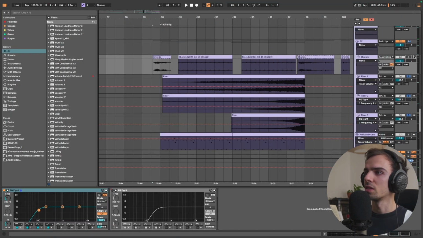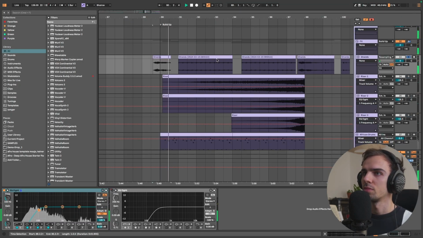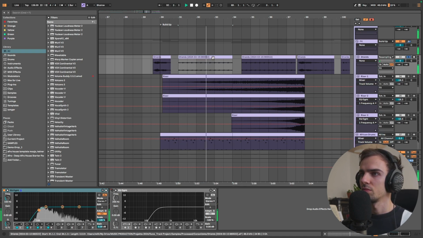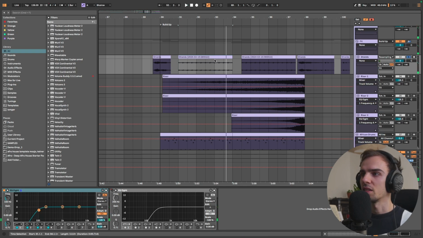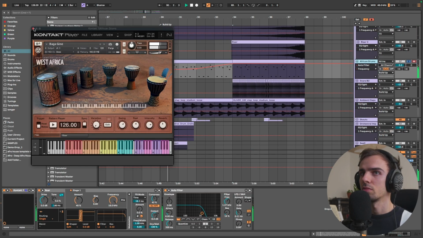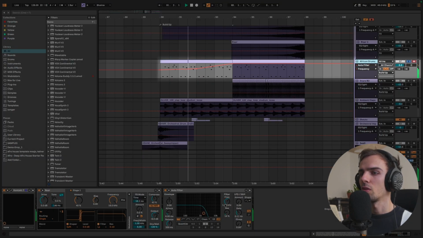and this shield sample. Here I'm just looping a part of that shield and pitching it up to create like another rising effect. For the drums, I've added these African drums here, which I'm slowly filtering in,